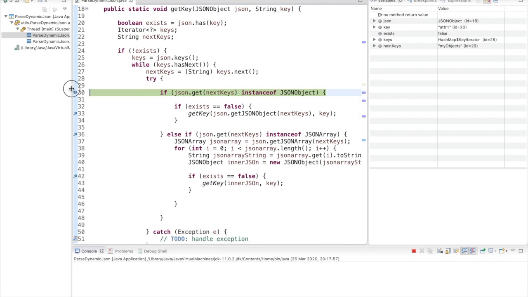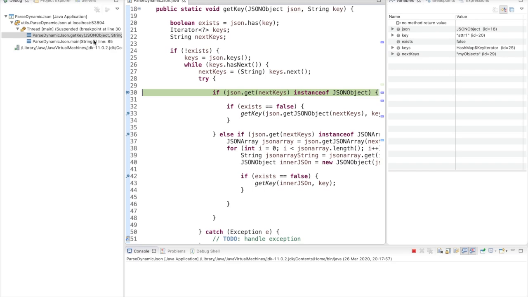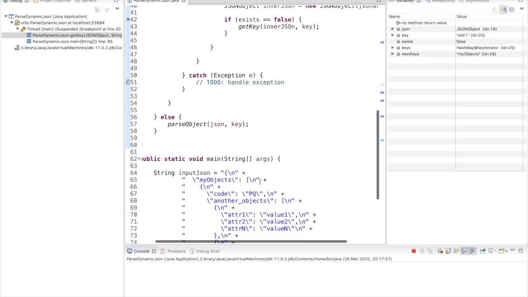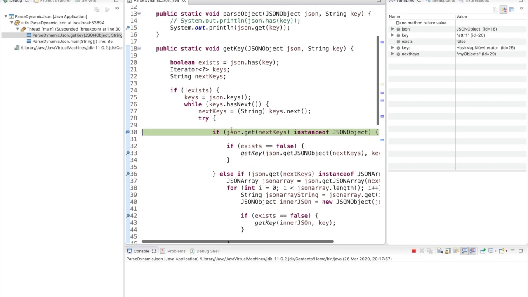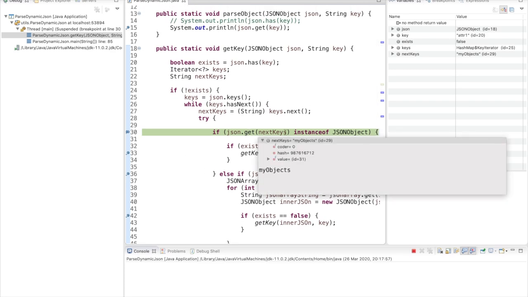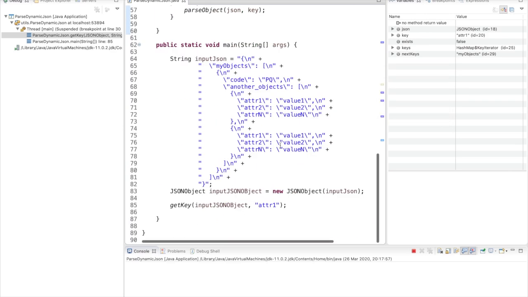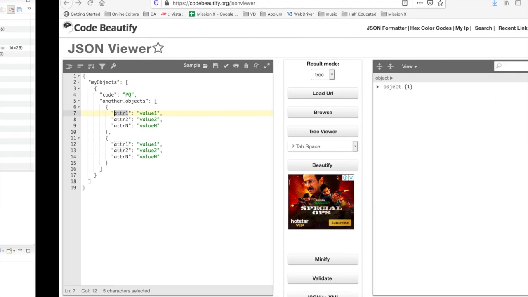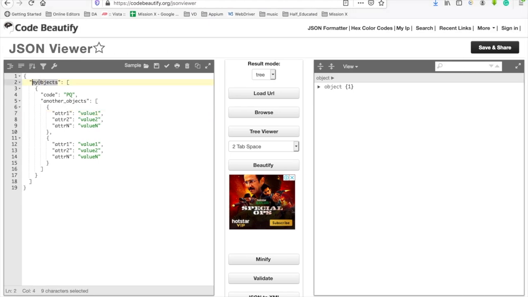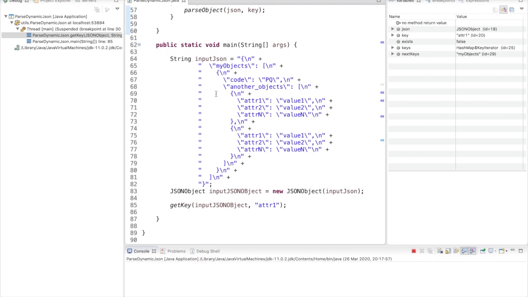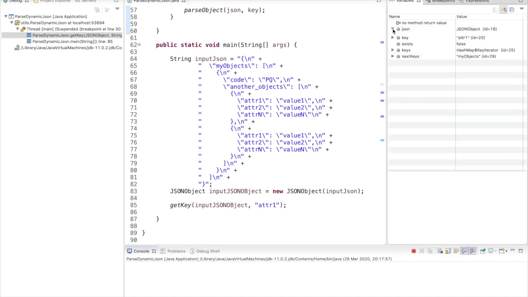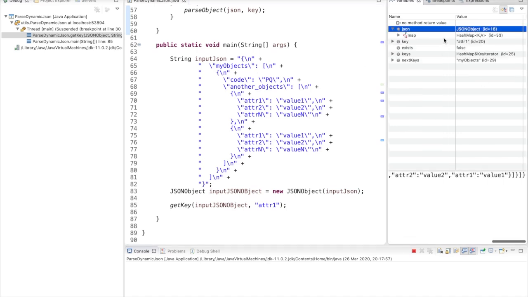And it has created the first stack here. This concept you have to understand very deeply. If you have not followed this, then you cannot understand the code. So whenever I execute this code, my first breakpoint is here. It comes directly here, and it is showing the boolean value. Exist is false, because outer array attribute 1 is not available outside the array. First it will check outside, because outside we have only one key, which is my object. So we don't have the value. So our JSON is, this is my JSON.